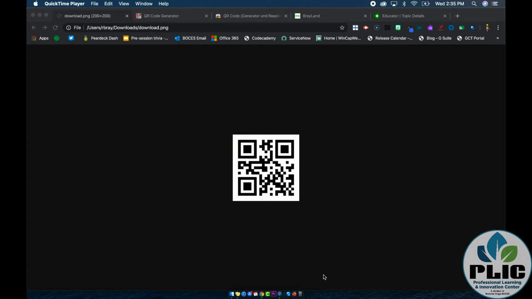QR codes are really awesome because they provide a way for us to connect the analog world with the digital world, meaning it lets us get hyperlinks to people who aren't necessarily on a device. Maybe they're on a mobile phone or something like that, because we scan this code and poof, it takes us